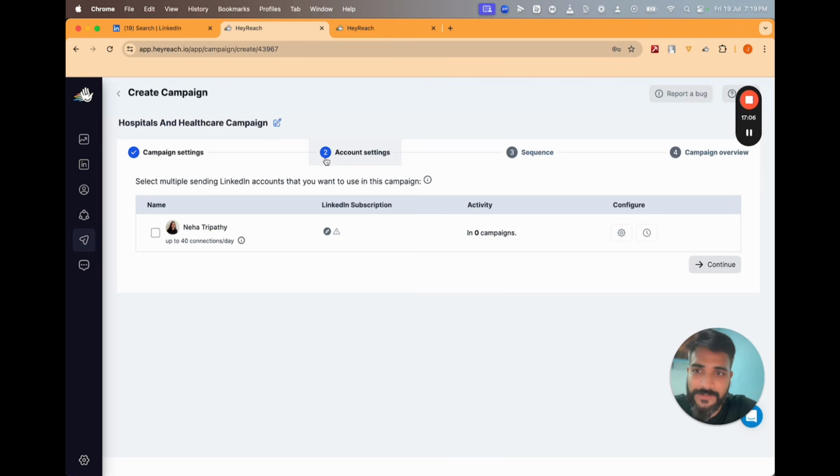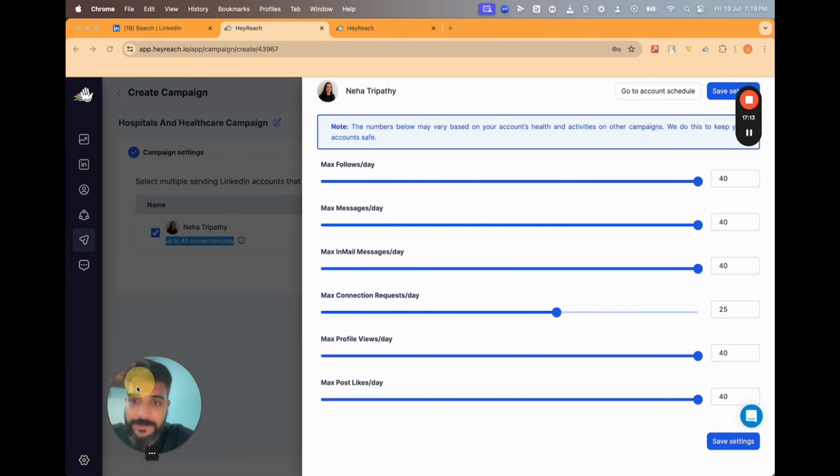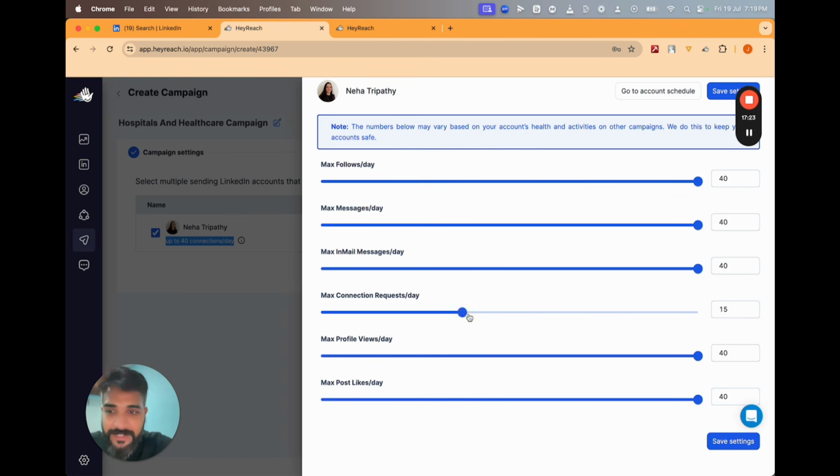And then we go to account settings. So this is the one that we want. Normally you can do 40 connections a day, but I do not recommend this. I would suggest you do a maximum of 25 to begin with. This is a safe limit. In fact, I would suggest doing 15 a day if you're starting out, and then slowly, after a week, you raise it to 20. Then after a week, you raise it to 25. Then after like 2 weeks or so, raise it to 30 and 33. Cap it at 33, because that itself is almost 1,000 messages a month that you're sending.